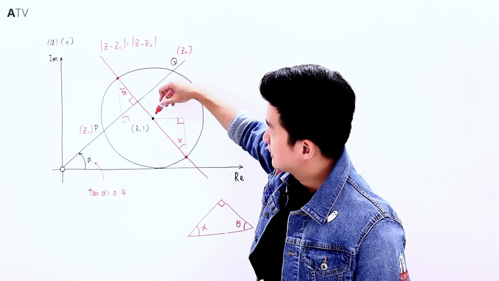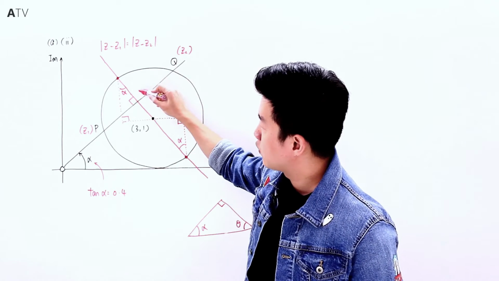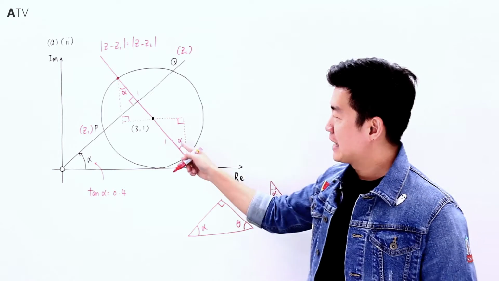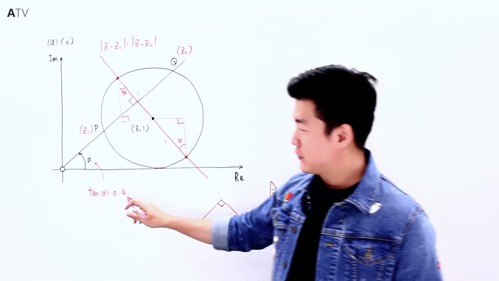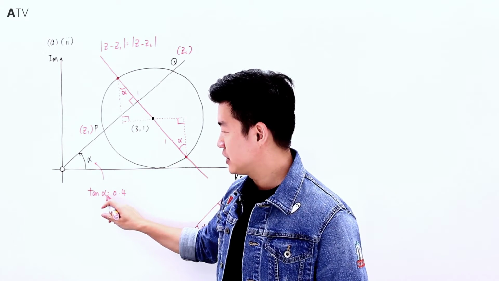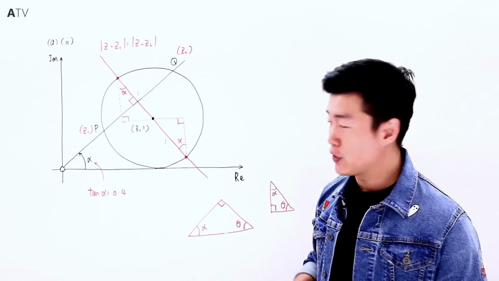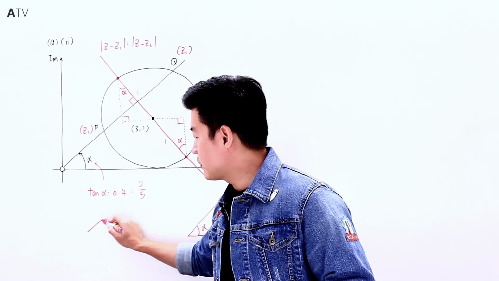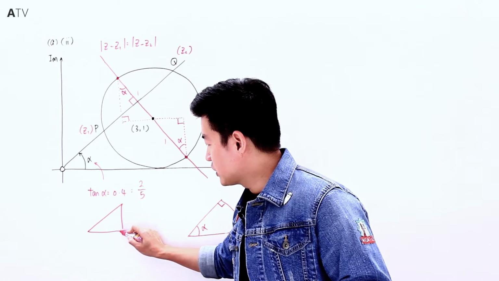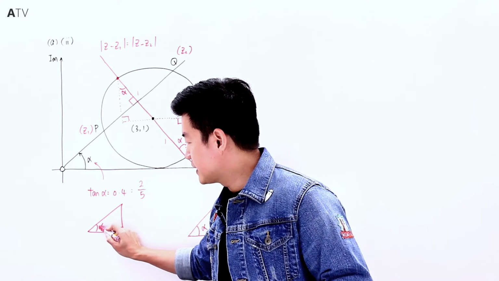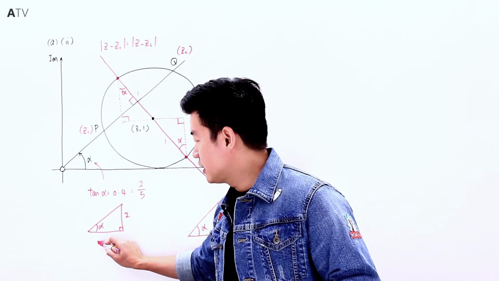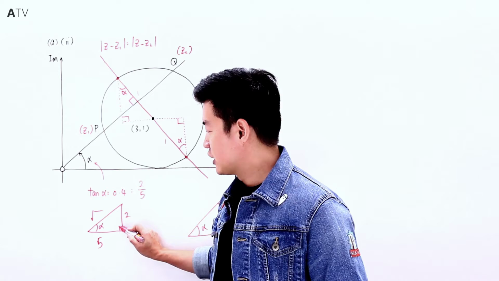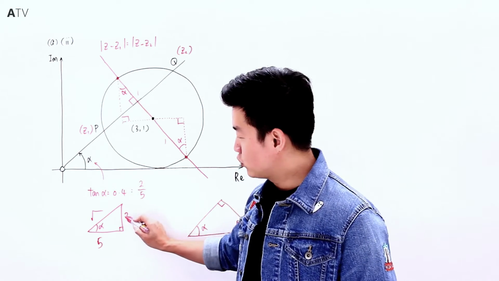And since this distance is the radius of the circle, which is 1, here is 1, here is also 1. As for alpha, I can refer to the information given by the question. Tangent alpha is 0.4, which is 2 over 5. If I were to sketch a right angled triangle to represent this angle alpha, if this is alpha, it is going to be 2 here and 5 over here. By applying the Pythagoras theorem, the hypotenuse is going to be the square root of 5 squared plus 2 squared,